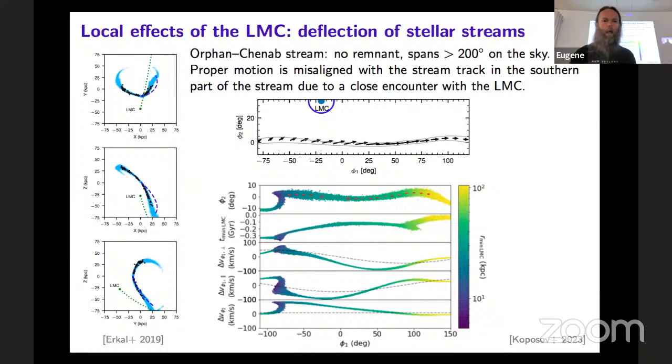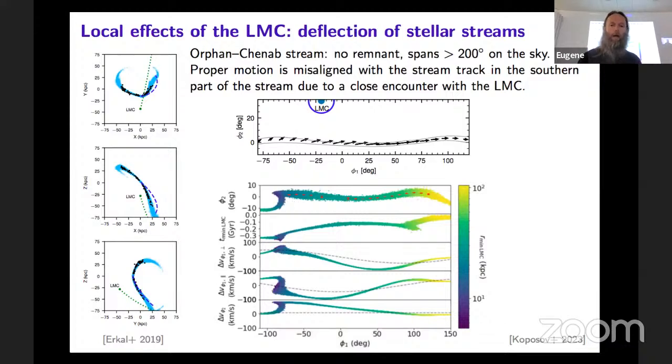big great circle. And the interesting thing is that this stream displays a very interesting feature, that is the misalignment between the direction of the stream track and the direction of the stellar motions. Because stars, when they leave the progenitor, they travel mostly along the same orbit as the progenitor. So if you look at their velocities, they should line up, but they don't. And this misalignment is expressed here just via arrows. Here is the same thing expressed in terms of, well, you see that the stream is